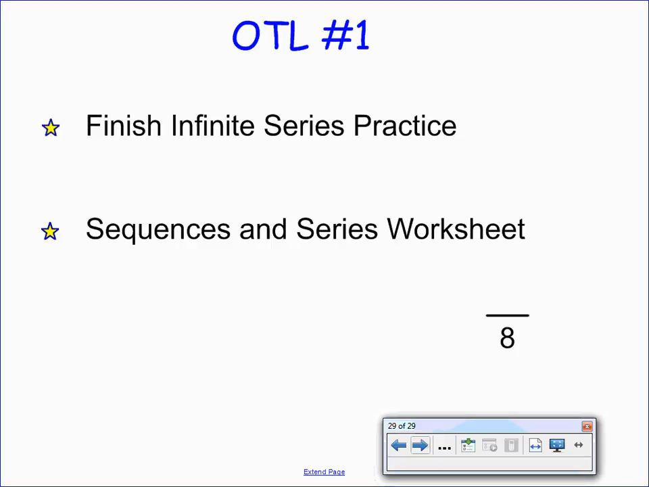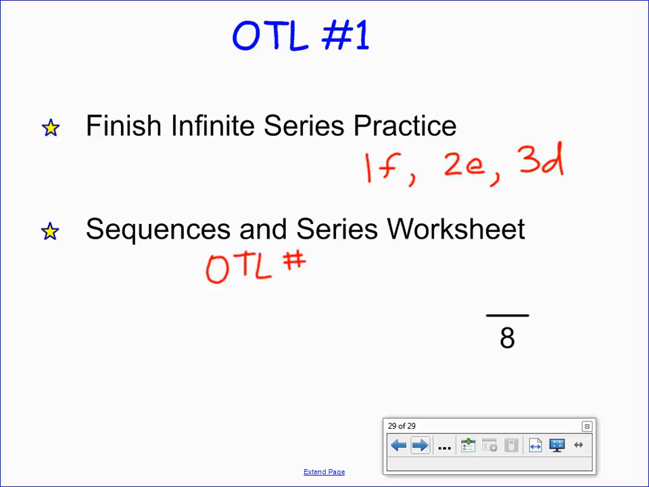You're going to finish the Infinite Series practice. That's what you're going to work on right now. There are 3 stamps. The stamps are 1F, 2E, 3B. Then the sequences and series worksheet is OTL number 1. And I'll label the next one as OTL number 2. I'm going to go ahead and stop the recording now and upload it to our